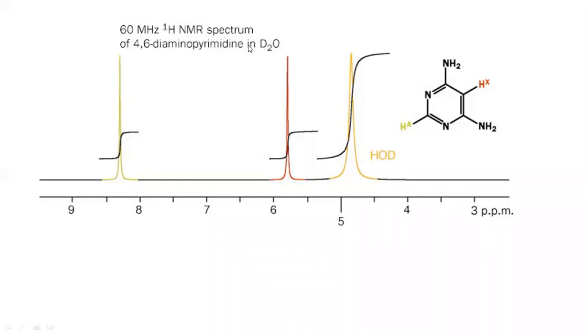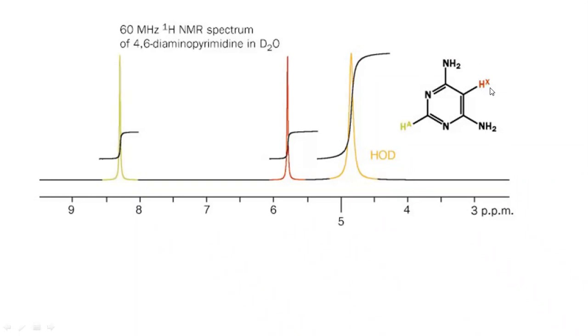We have taken this compound in D2O, and the D2O and this NH2 interact with each other. There is a formation of HOD, and here there will be the deuterium. So this peak is because of the deuterated water having one proton. These NH2 protons are not considered here. Our focus is again on these two colored protons, one labeled as HA and another labeled as HX.